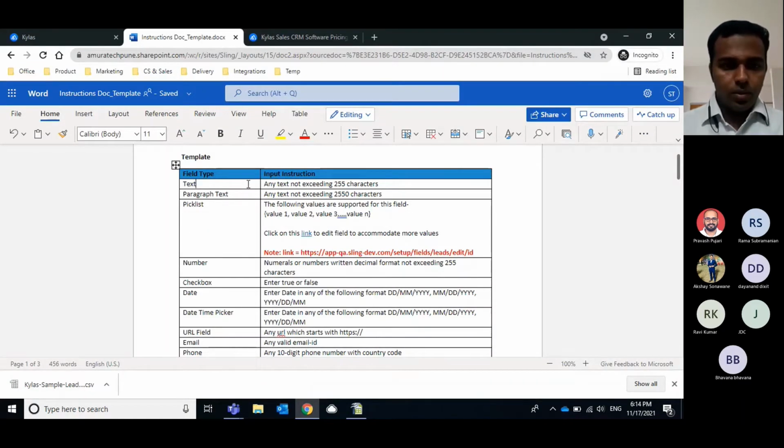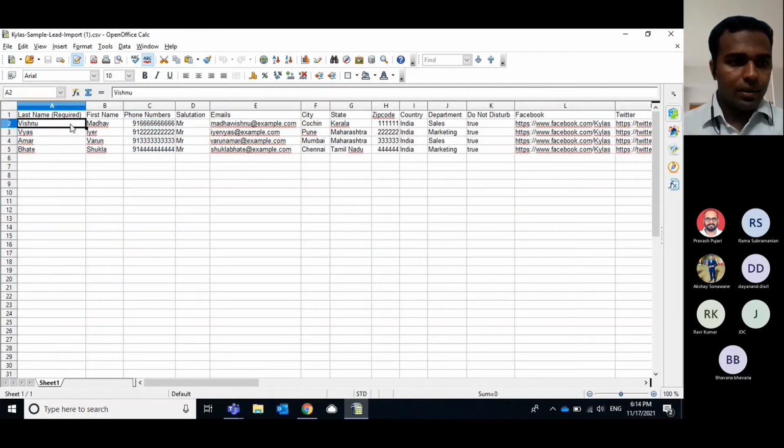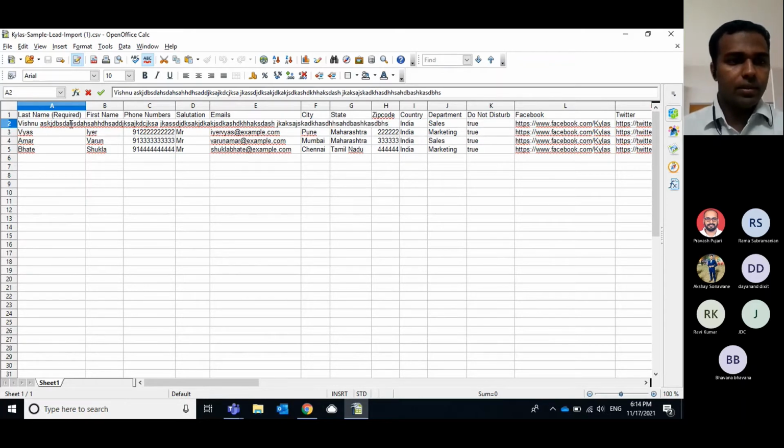So for example, we have text fields. For text fields, we support only a maximum of 255 characters. If you add any text more than 255 characters, right now I will just add sample data in this file with more than 255 characters so that I can show you the error file being generated.